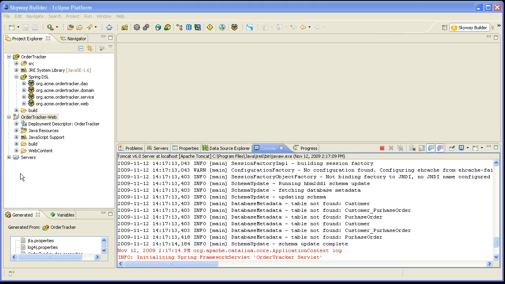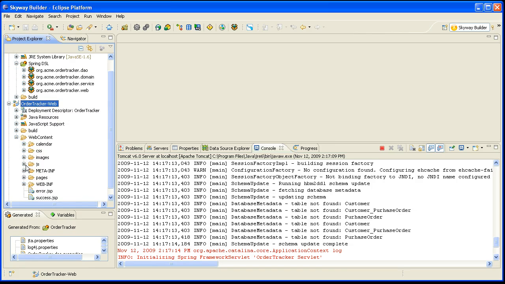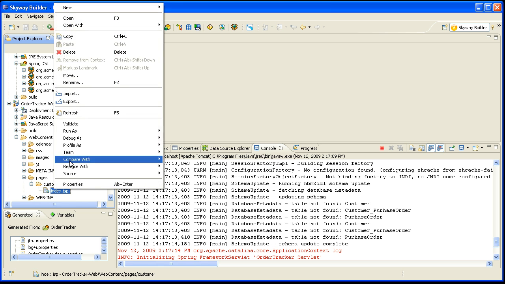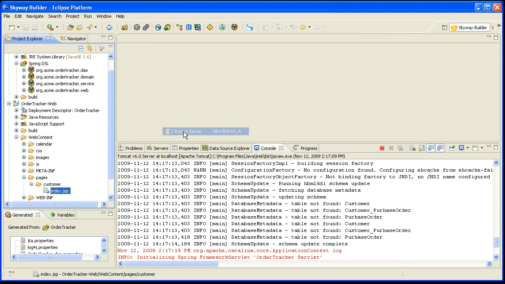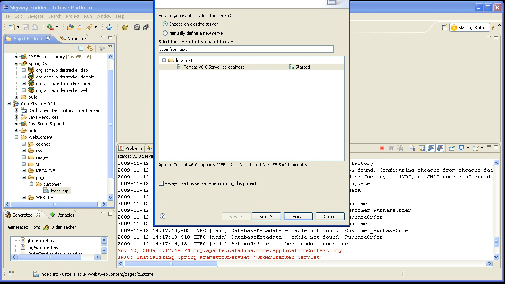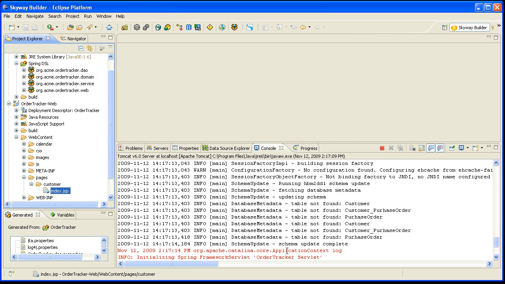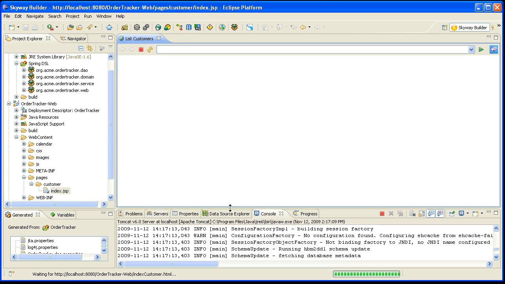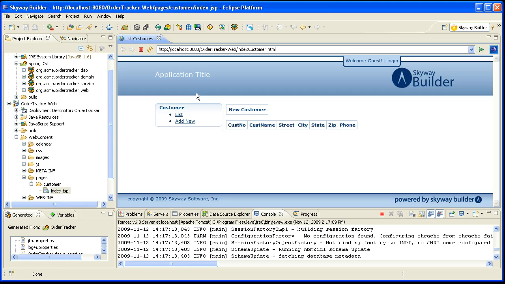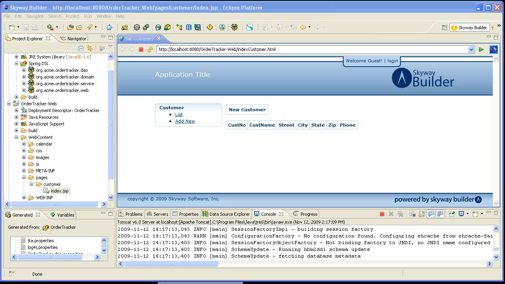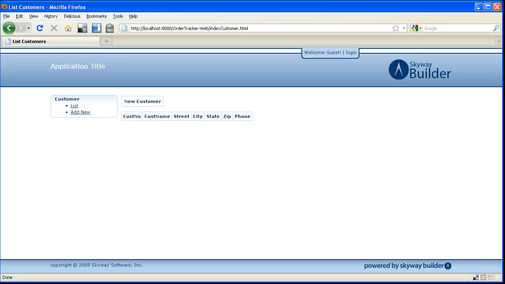In order to actually run the application, I'm going to open up the web content folder, and there's a folder under Pages, Customer. I can right-click on here, say Run As, Run on Server, and I don't really need to do any additional configuration. I can just click Finish, and it will run within the browser inside of Eclipse. I'm also going to shift over to Mozilla,